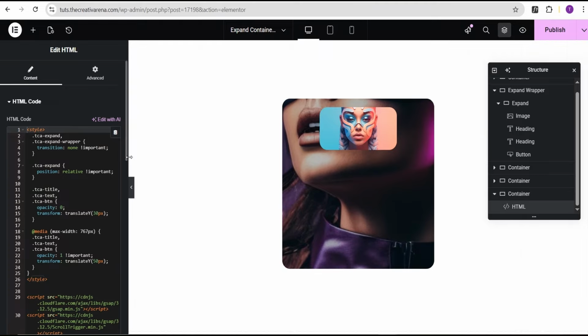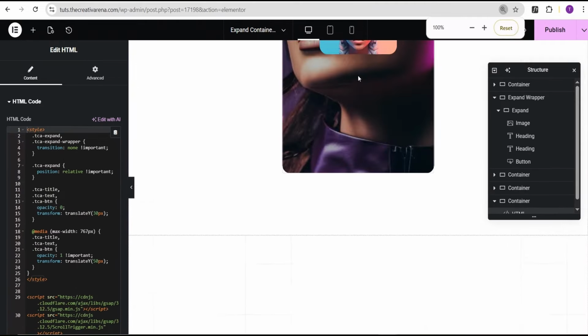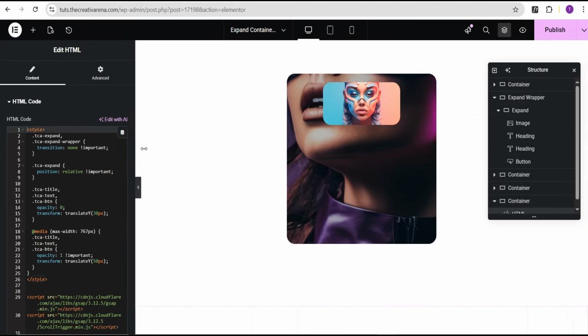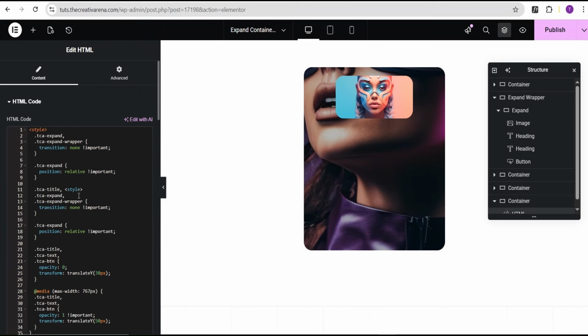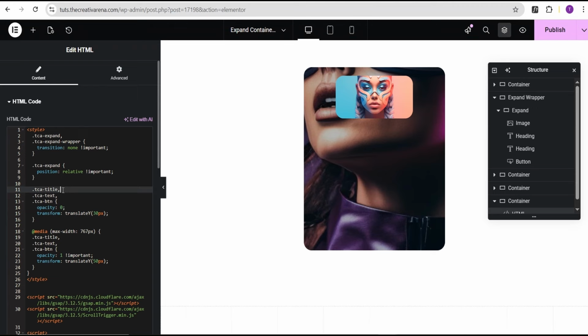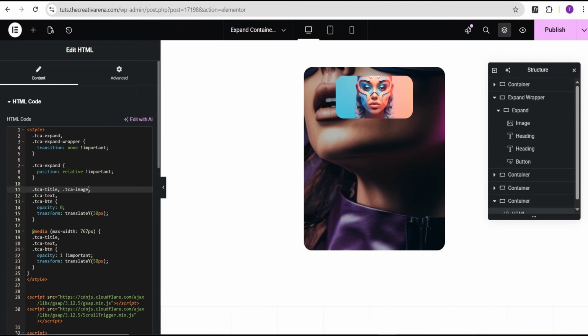Okay, so now after doing this, the next thing we'll do here is to go over to our code. Now I'm going to show you how to make this work perfectly like every other one here, this particular image. So we'll expand this. Now we're going to come over here. You're going to see where we have the TCA title, TCA text and button and so on. So you're just going to copy this here and then you're going to give a gap and add this. Sorry, and then you're going to come over here. Let's just type it out. So copy it, just add the TCA image